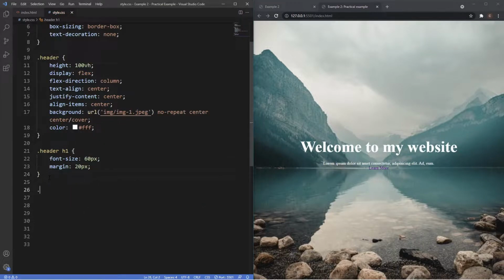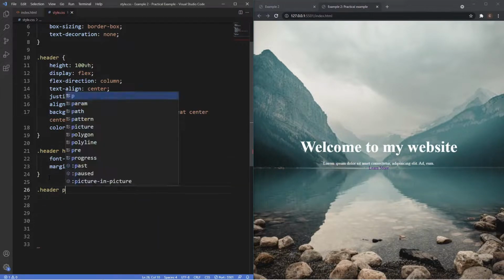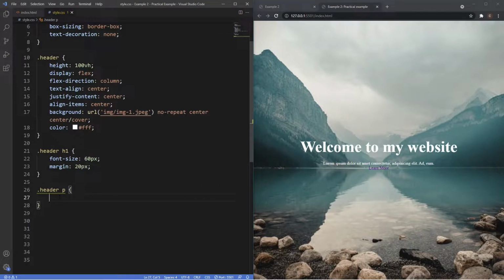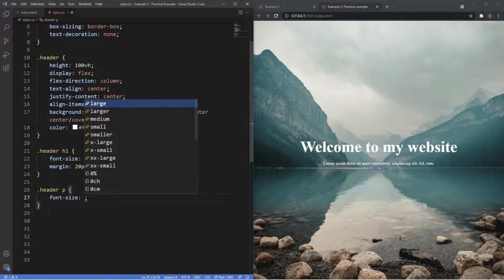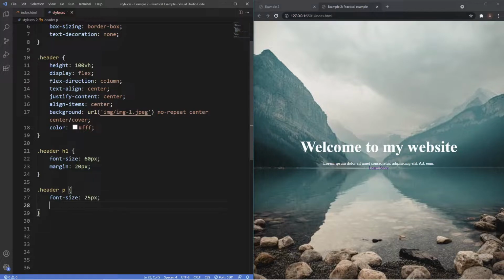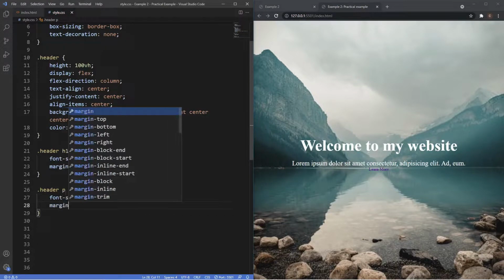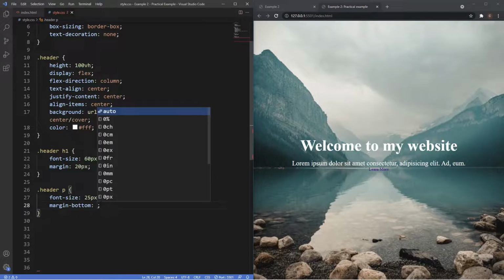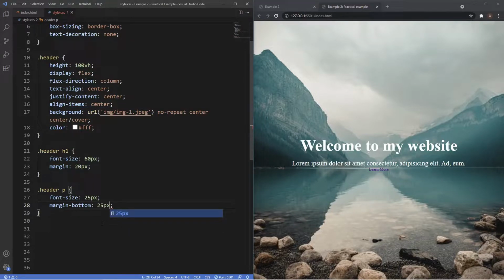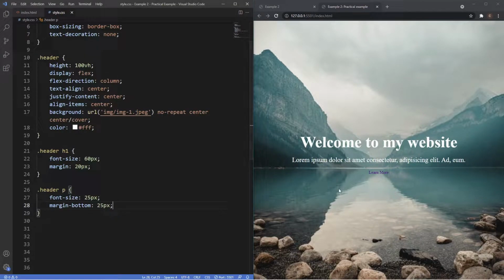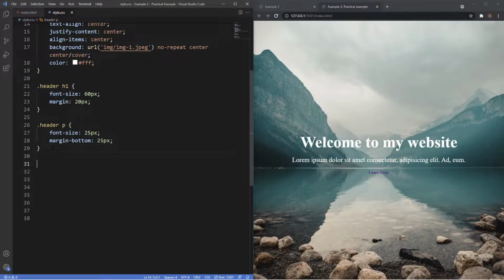And then we'll grab the header paragraph next, and let's also make the font size of this a bit bigger, so we'll say about 25 pixels. And then let's push the button and the paragraph away from each other slightly, so we'll use margin-bottom here and say 25 pixels for that. And then lastly we just need to style the anchor tag here so it looks more like a button, so we're going to grab the header class again